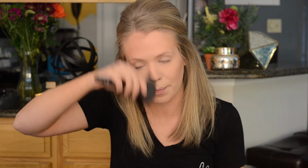And I also take some of it under my lip. If you put some shadow right here, it makes your lips look a little fuller, like the idea is they're so big they're casting a shadow right underneath them. So I put a little bit there, put a little bit on the sides of my nose,